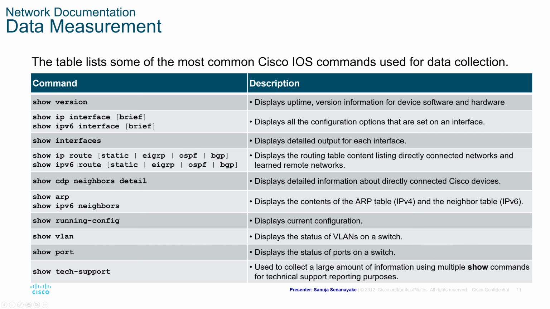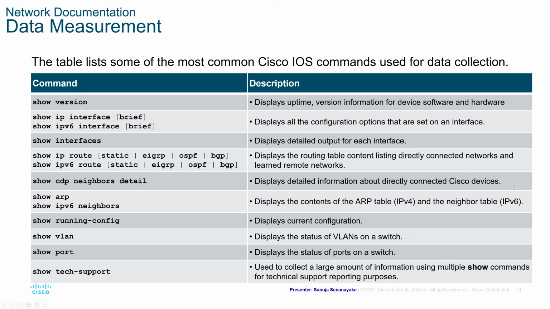Show IP route and its IPv6 option will display the routing table content, listing directly connected networks and the learned remote networks on your CLI or the terminal. The show CDP neighbors detail will display the detailed information about directly connected Cisco devices. Show ARP and show IPv6 neighbors would display the contents of the ARP table for IPv4 and the